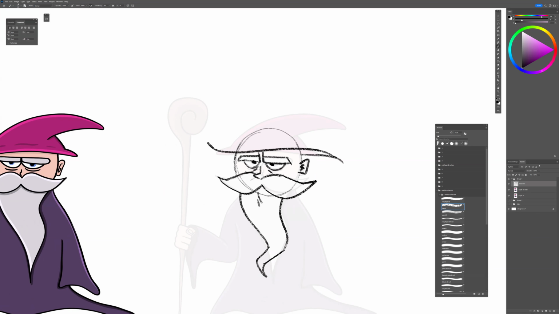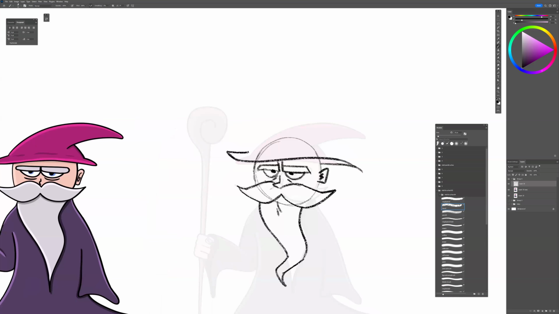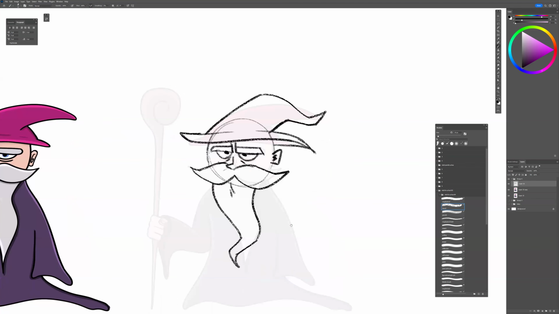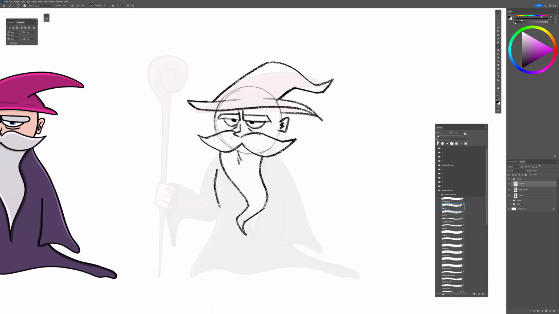I don't want to make it too rounded. So here, then we can draw this head like this here, with a little bit of shape. Then we can draw this shape here,